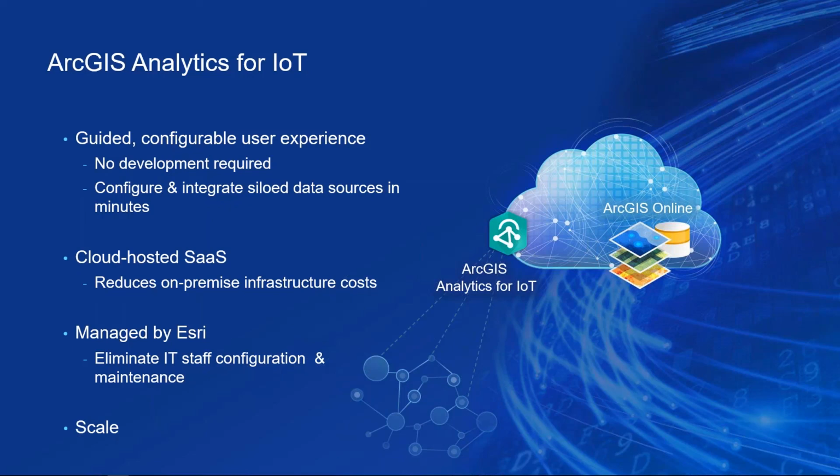And lastly, but possibly most importantly, is scale. Analytics for IoT is built on container architecture. That means feeds and analytics can be scaled for high velocity and high volume workflows. Feeds can be scaled to tens of thousands of events per second and higher, and analytic jobs can accommodate historical data analysis on the order of billions of features. So this is a cloud-native, scalable, and directly configurable analysis engine.